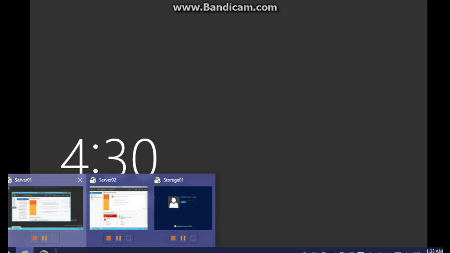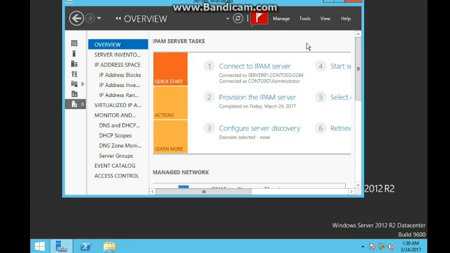Okay, and now we just have to wait for our directory 1 to finish booting. I'm going to pause it. Once it's done booting, I'll move on to the next step, which will be into Server 1. Alright, so now that's done rebooting, let's move on to Server 1. Inside of Server 1, we'll click the IPAM overview again, and from here we're going to be selecting configure server discovery,